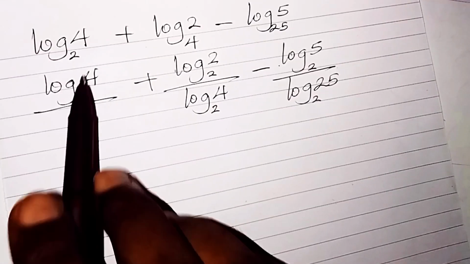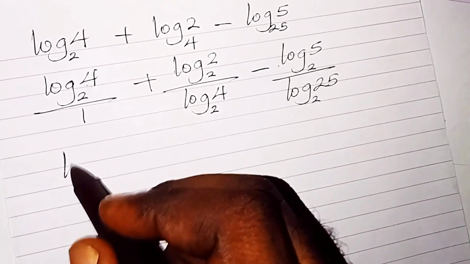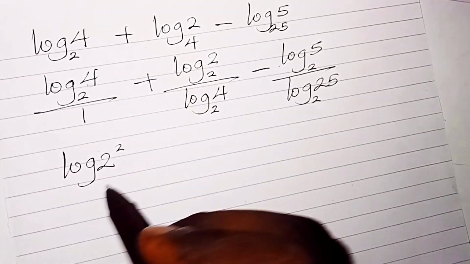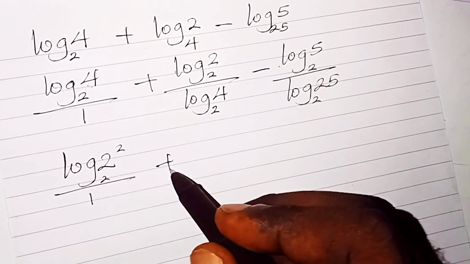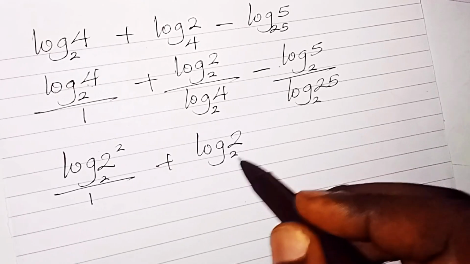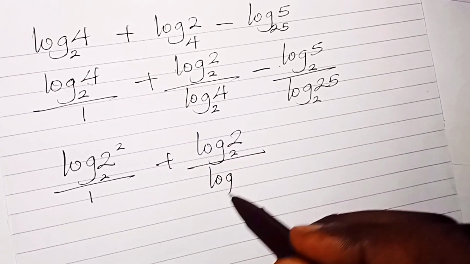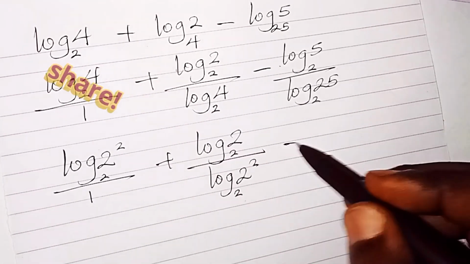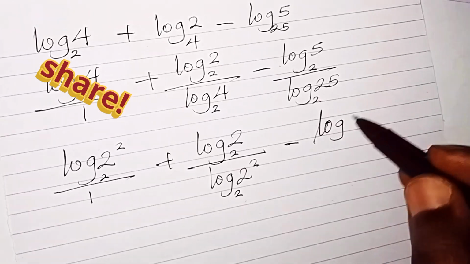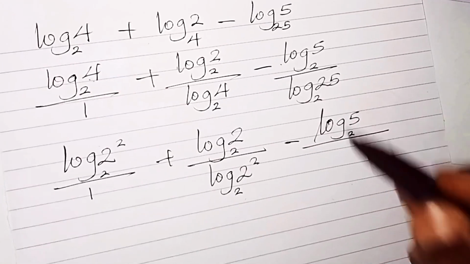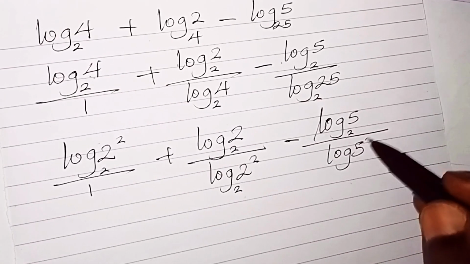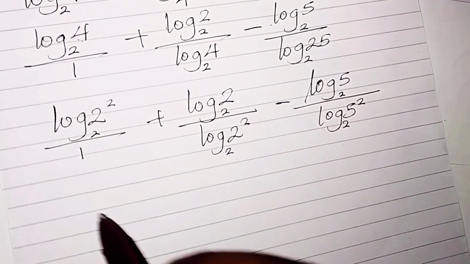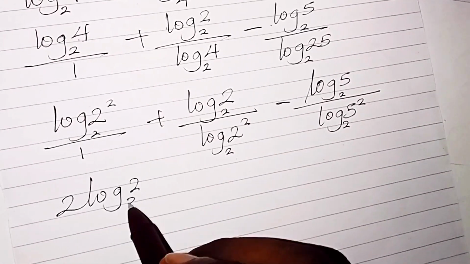And then in this case we can interpret this one to mean log 2 squared, that's 4 base 2 divided by 1, plus here is log 2 base 2, and then log 4 here can be log 2 squared base 2, and then minus, this is going to be log 5 base 2 divided by log 25, which can be log 5 squared base 2, and then here can be written as 2 log 2 base 2 over